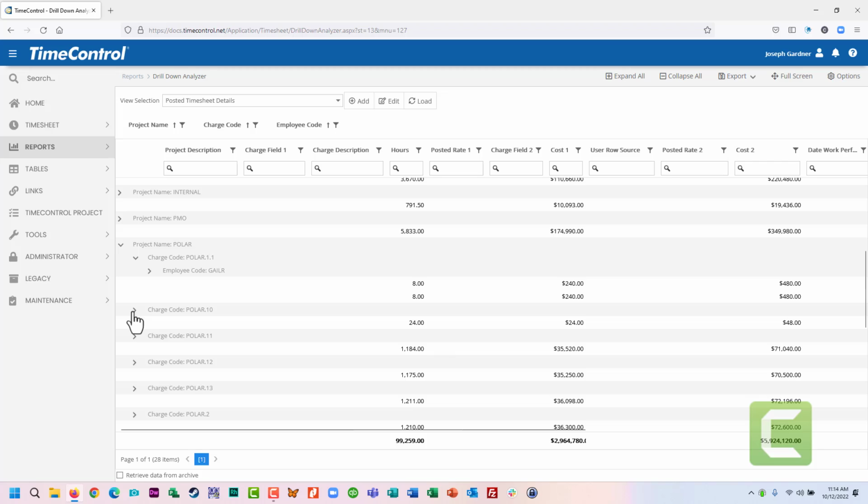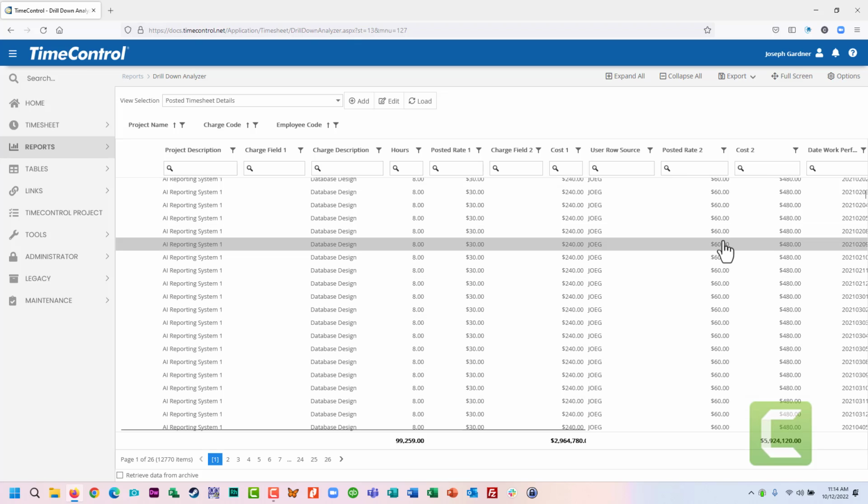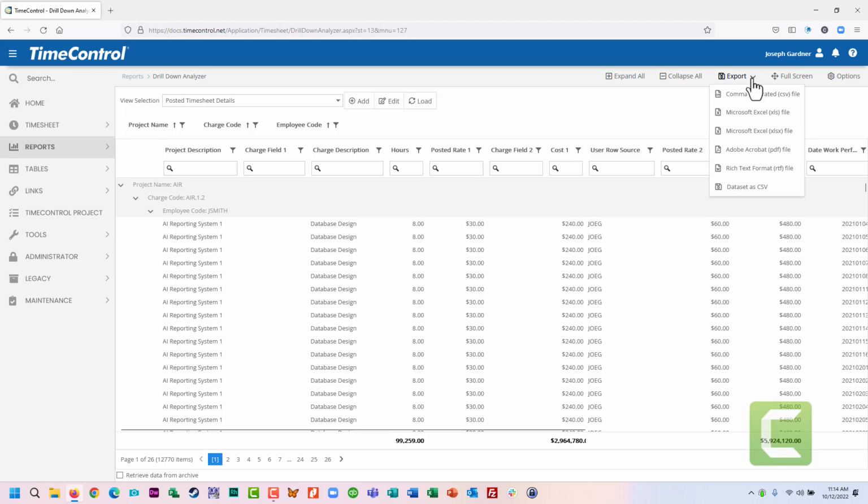I can see Gail worked on that one, or I can just say expand all of it, I want to see the whole thing. From here, for people who like this kind of view, who find it powerful, you can export that data directly to Excel for further analysis. But administrators look at this tool, the drill down analyzer, and say, I can answer those questions that I always have to answer extremely quickly. Being able to take a look in here and find out what we need to do